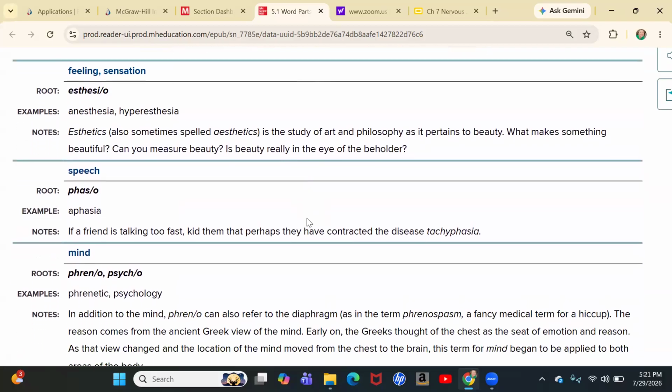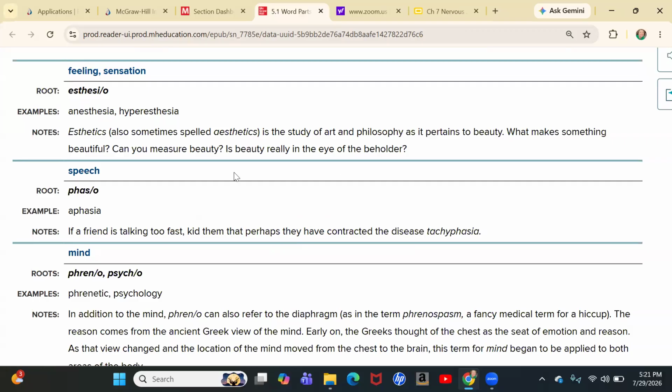Some of the terms related to the function of the brain. The brain helps us to feel, to talk. It's our mind, it's our knowledge, it's our fears, it's our passions, it's your language, your hearing, your senses. So a lot of the terms we're going to cover next are related to some of those functions of the brain.